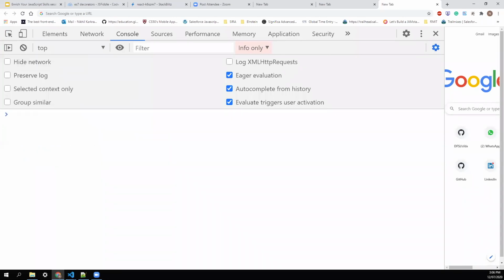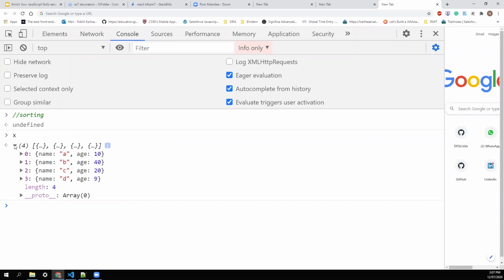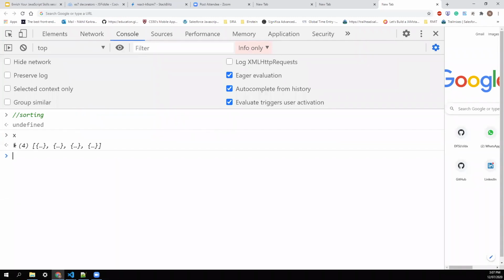Now let's move on to another one, that is sorting. And sorting is a bit different. For sorting, we have a sort method. First check whether our array is available. Yes, we are using the same array. We'll say sort method. It also takes the callback, but its signature is different this time. It takes the callback and it takes two parameters, A and B. It's more from the sorting point of view, like first element and second element.